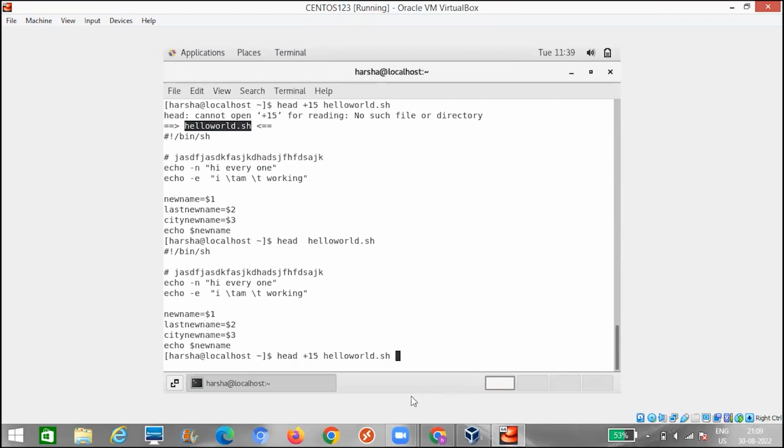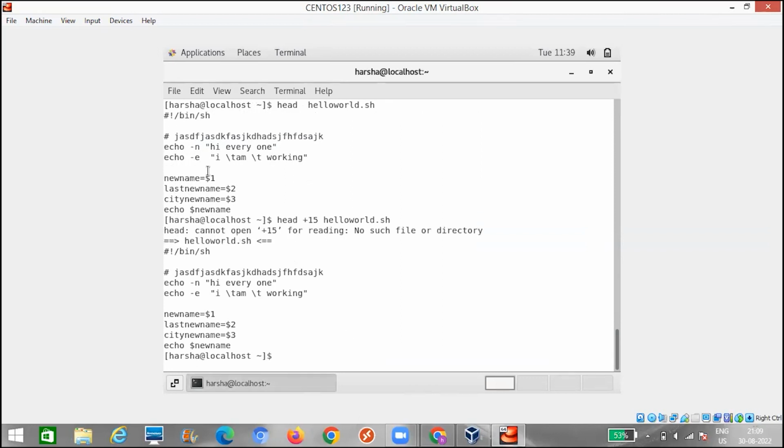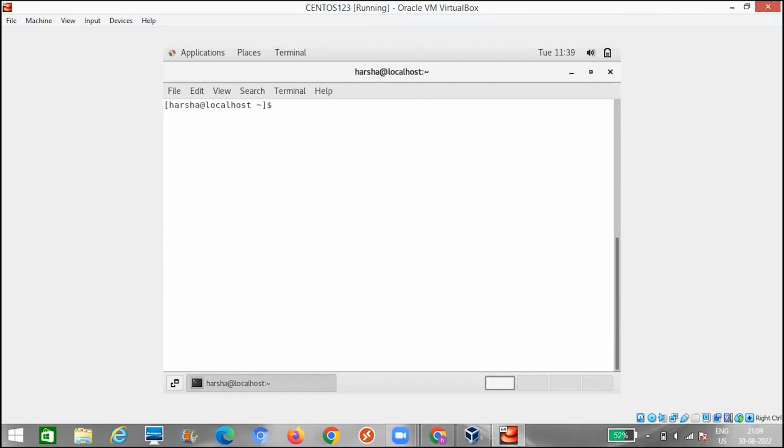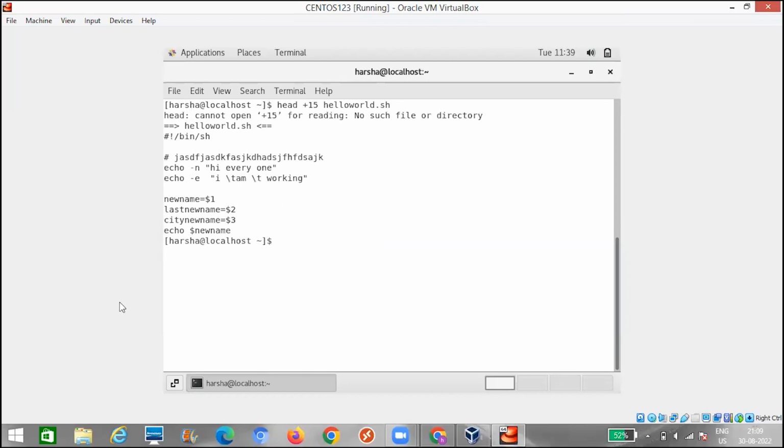One second. 1, 2, 3, 4, 5, 6, 7, 8, 9, 10. It's mentioned can't open plus 15 for reading.